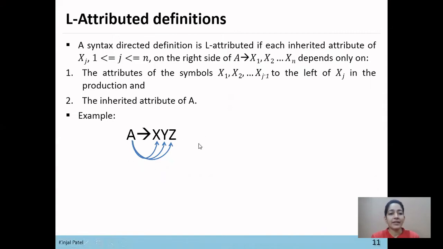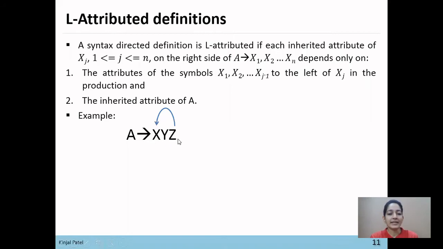So this definition is an L-attributed definition as it follows the rule of L-attributed definitions. But here A derives x, y, z, and if z is an inherited attribute, then it can depend on the attributes of its left side only.